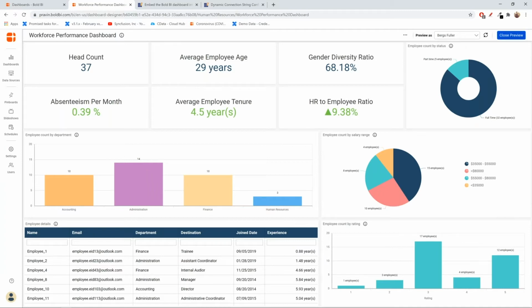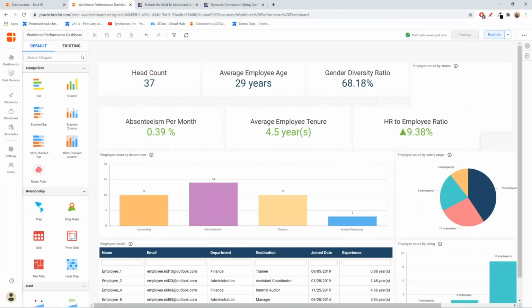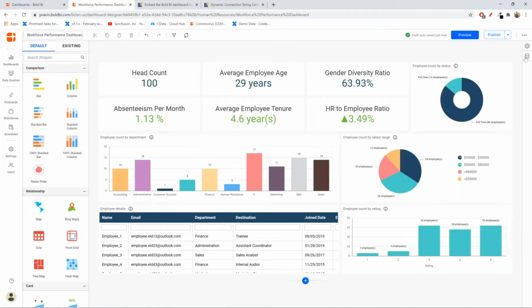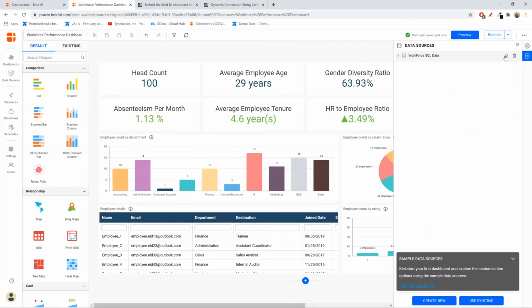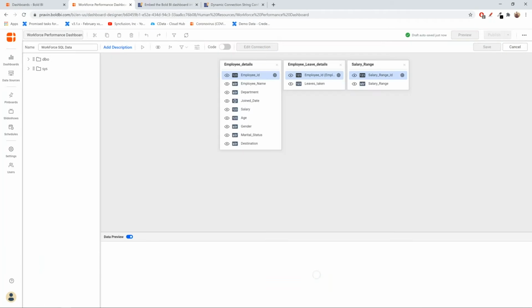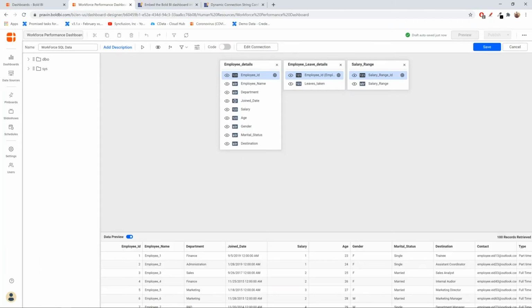So what about the other users for whom we have not configured anything? When we configured the user-based mapping, we just configured for Andrew and Bugs. We didn't do any mapping for the other users. So what is the dashboard going to look like when they log in and take a look at the dashboard? The answer is they won't be able to see any data in the dashboard unless we explicitly mention that they should see something, right?